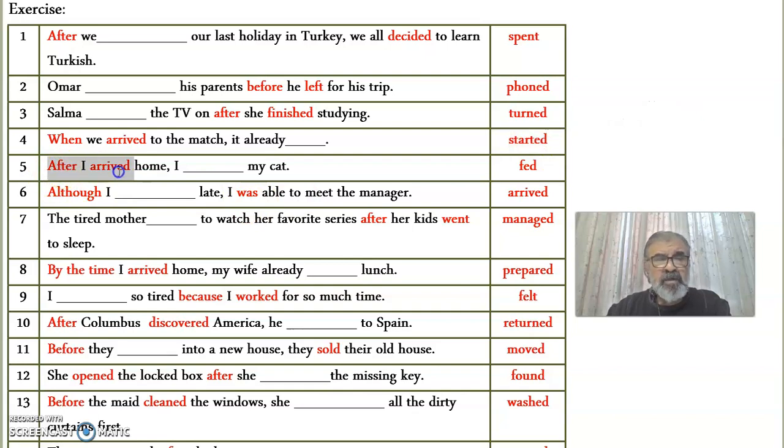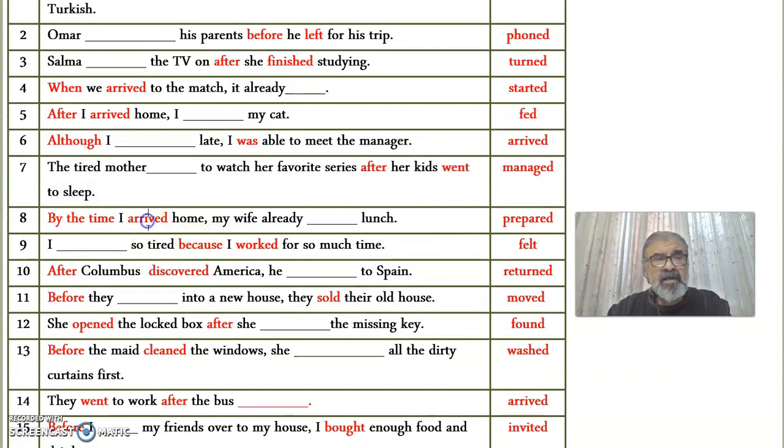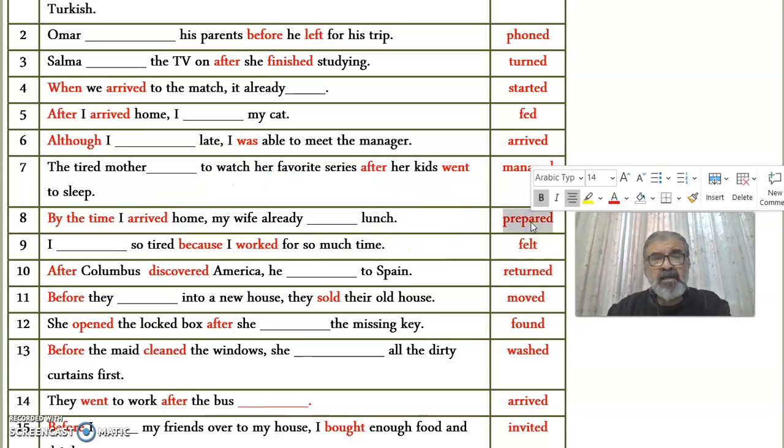After is followed by action 1, arrived, I fed my cat, action 2. Although is followed by action 1, arrived, I was able to be the manager, action 2. The tired mother managed to watch her favorite series, that's action 2. After the kids went to sleep, that's action 1. By the time I arrived, action 2, my wife already prepared lunch, that's action,